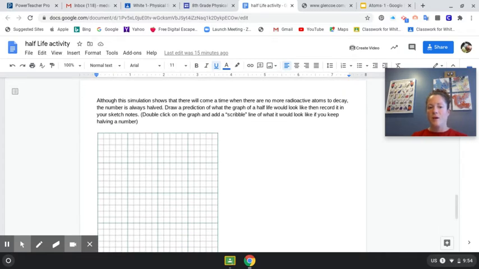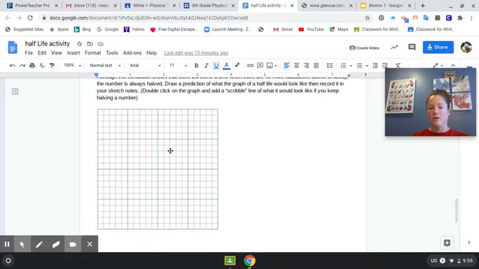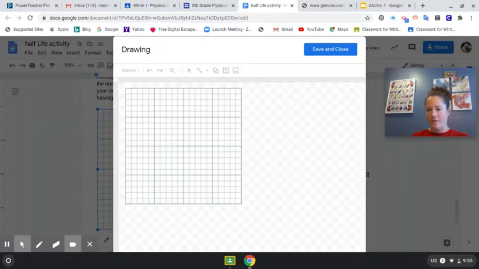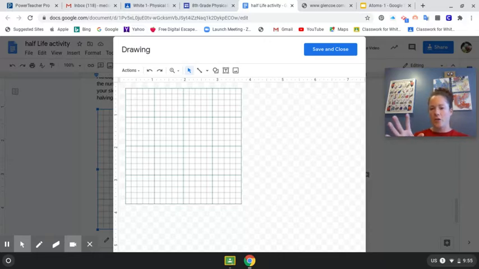And then when you're done with the data table, done with your simulation, what you are going to do is double click on this graph right here. And I do want you to add this to your sketch notes as well, but we will discuss it. I want you to think about what a graph would look like if we go from having 100%, so something just died, of the carbon-14, for example. Let's talk about comparing the half-life for something that has once been alive. So we're doing carbon-14. So if we go from 100%, and every 5,000 years or so, half-life happens,